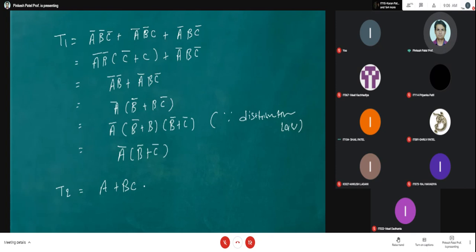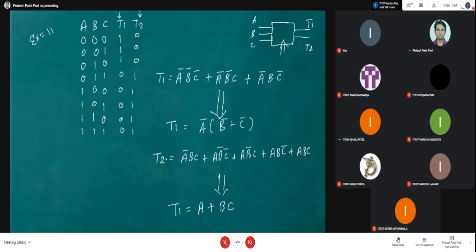Now, one other way of doing this, if one student has already solved T1: by looking at this truth table, you carefully observe the response of T1 and T2. Can I say that T2 is equal to T1 complement?